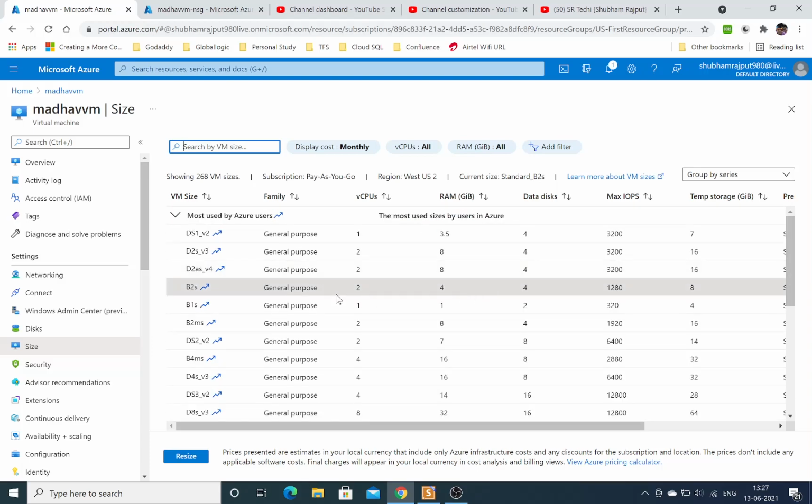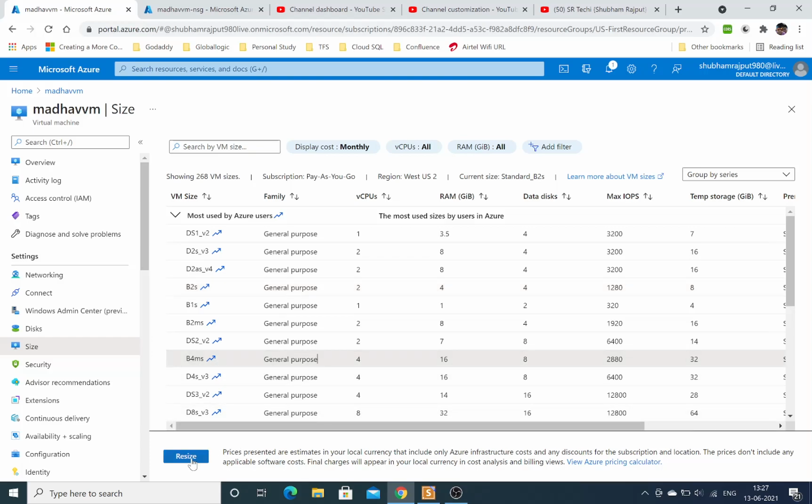Right now I chose 2 CPU and 4 GB RAM. If I need more hardware, I just choose another size and resize it. In case of resize, you need to reboot your machine and it will automatically configure with your new hardware. It takes hardly 2 to 3 minutes, a small downtime, to resize your machine.